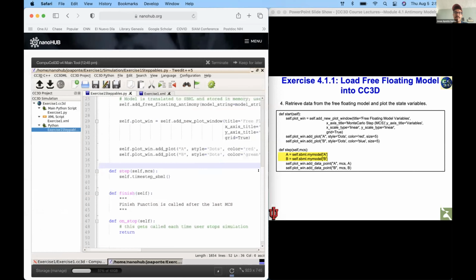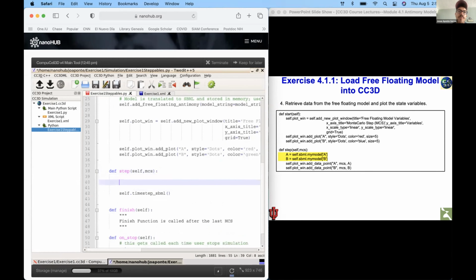So now, and this part is important, I'm gonna add the data points to the plots. And to be able to do that, I need to be able to retrieve or reference the model that I've just loaded. So I'm gonna create two variables, A and B. And on A, I'm gonna read the value of the variable A in my model. So the way I do that,